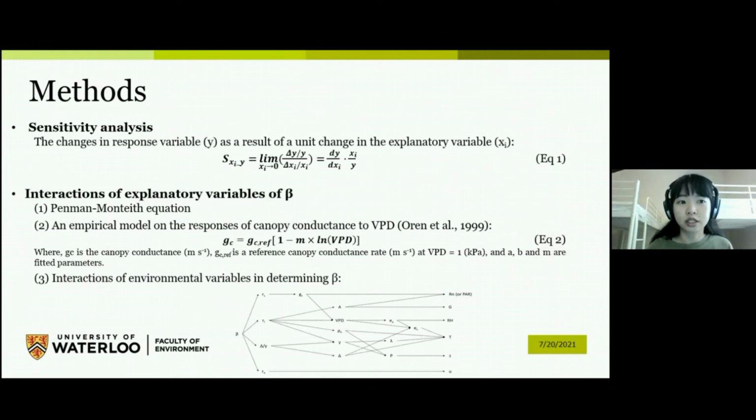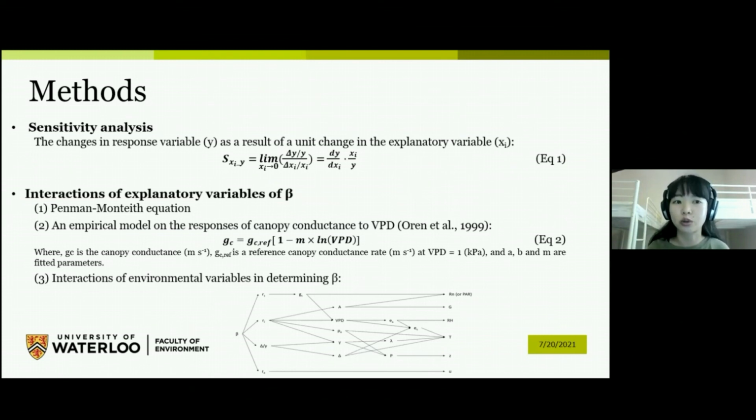We use the sensitivity analysis to quantify the effects of the explanatory variables on the response variables. So the sensitivity coefficient is calculated as the equation 1. And then the magnitude of this coefficient is the change in response variable as a result of 1 unit change